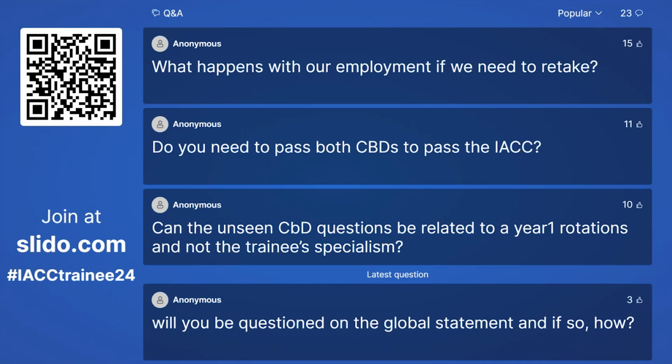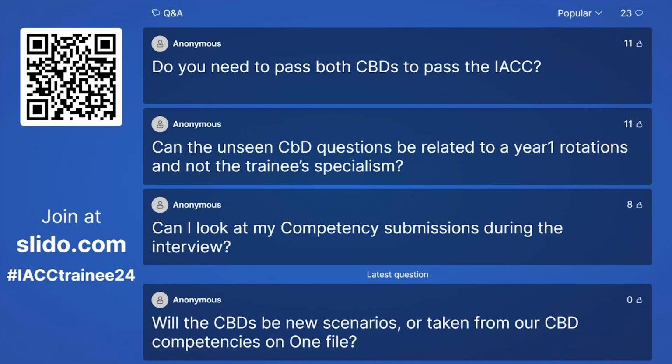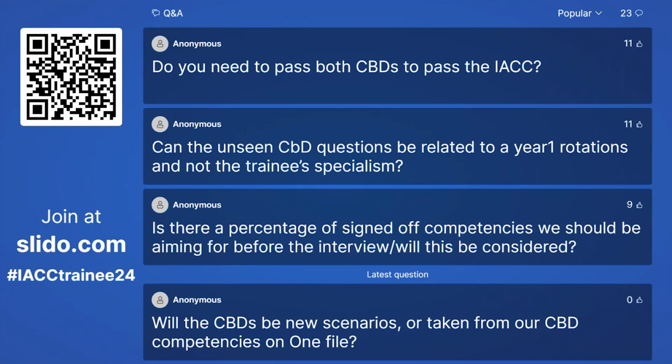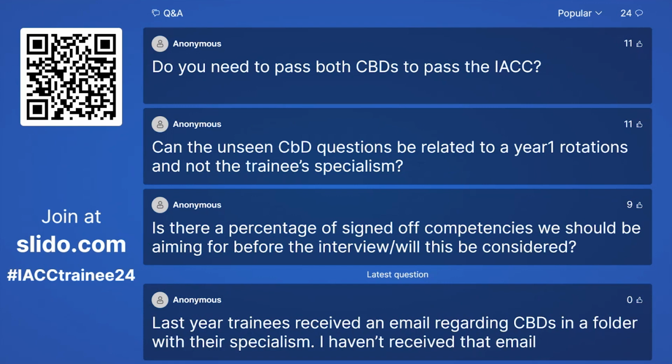Okay, so what happens with our employment if we need to retake? So the STP is funded, and you are funded to train for 3 years. And within that timeline, you have one first attempt at the final assessment, which obviously generally for most trainees occurs in the summer of their final year. For those trainees who've gone through exceptional extenuating circumstances, they may have an extension which facilitates a resit if that's necessary. But normally you won't have your contract extended on the basis of exam failure alone.